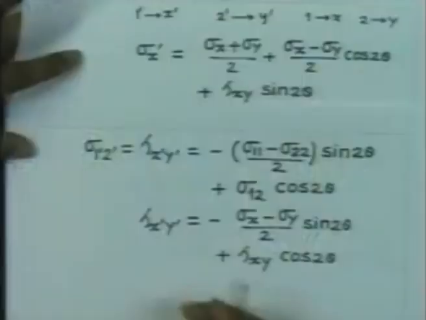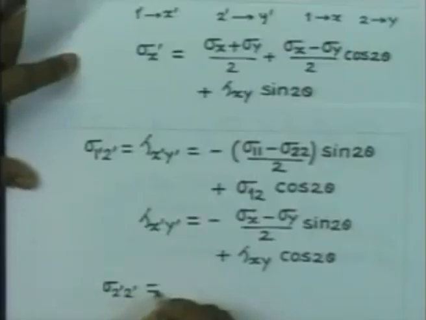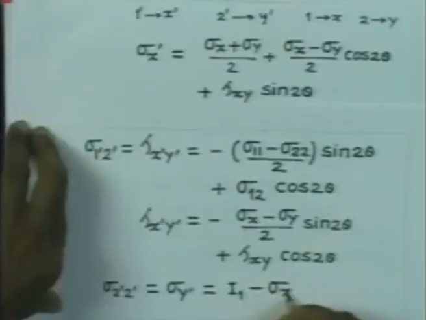And if you are interested in finding out the stress sigma 2 dash, which is nothing but sigma y dash, we can make use of the fact that this is given by the stress invariant. We can make use of I1 minus sigma x,